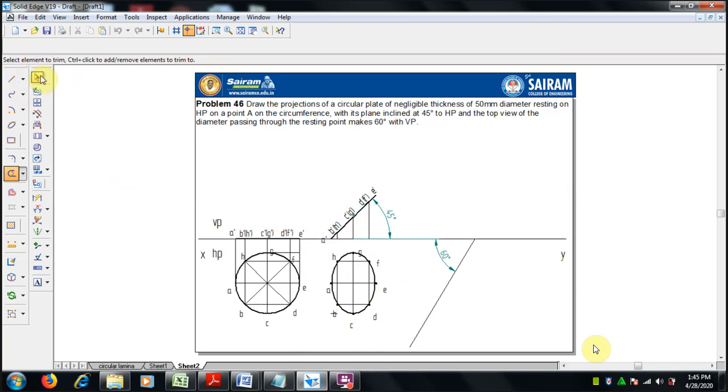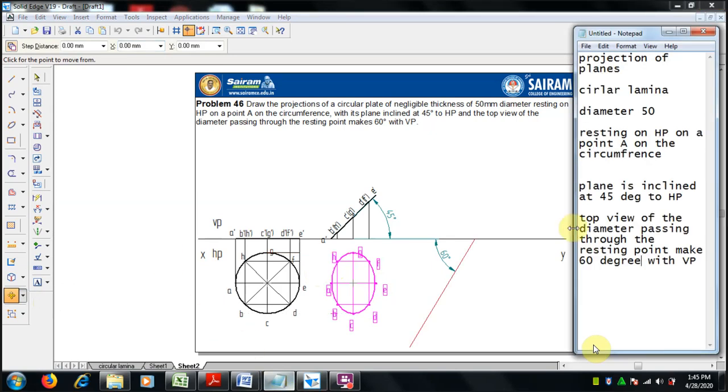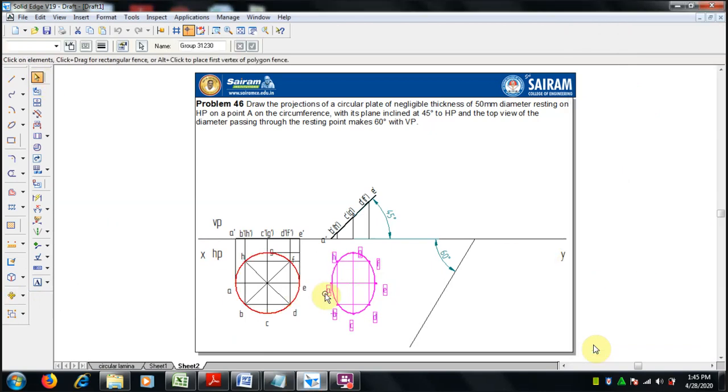So first we can select all the things as a group. Make it as a group, and then we can move with a copy command. So this move, copy should be there, this link, and the resting point and the diameter we have to say is AE.